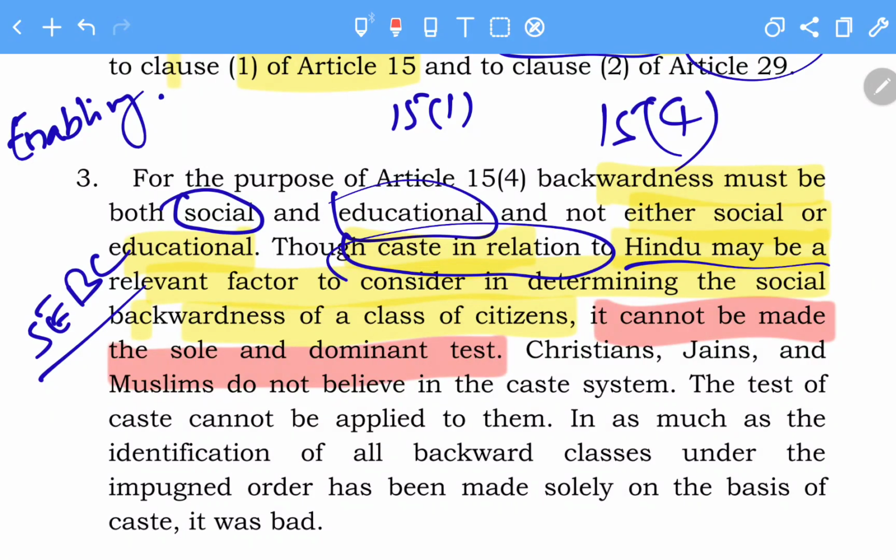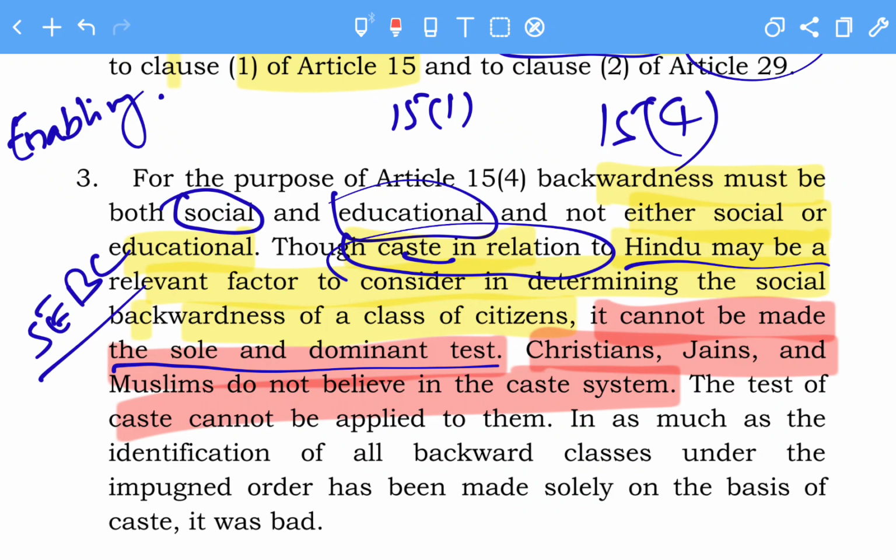However, the court had said that caste is a factor which is responsible for backwardness because the people are divided based on caste, but it is not the sole one. The court made it very clear, because there are certain categories of sections of society or religion which do not believe in the caste system, like Christians, Jains, Muslims. They never believe in the caste system. So how would the people from these religions be part of this socially